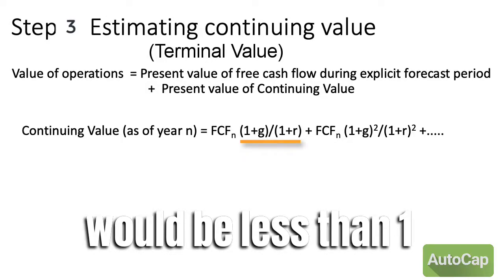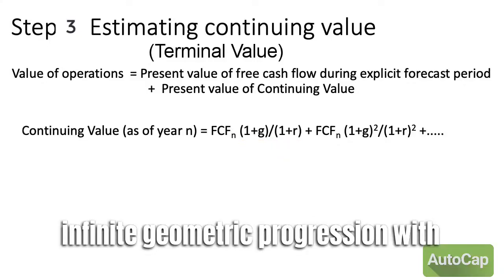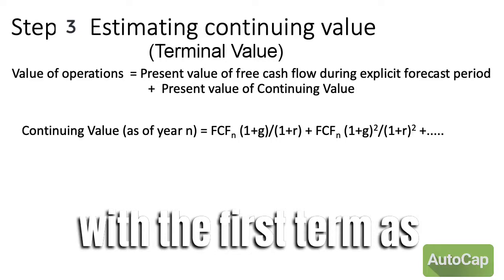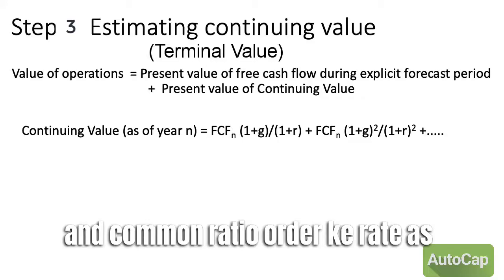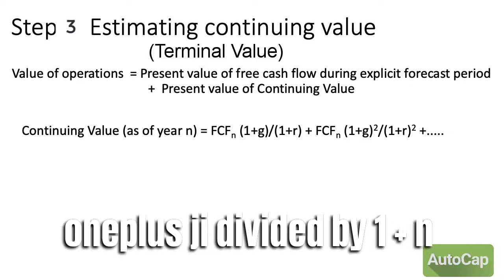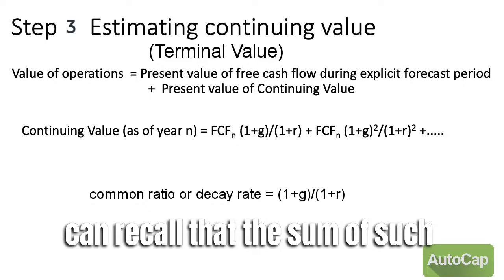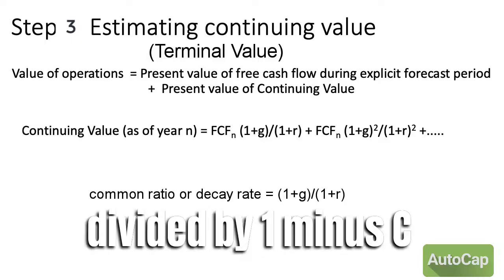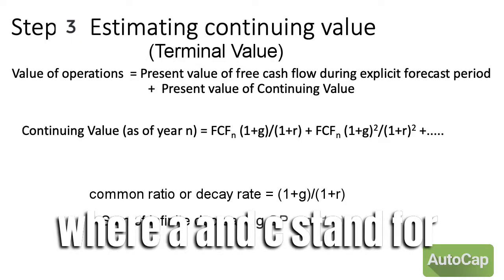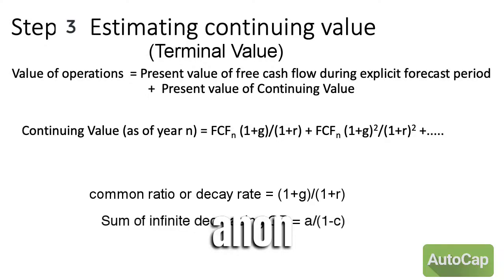(1 plus r) would be less than 1, and this becomes a decreasing infinite geometric progression with the first term as FCFn multiplied by (1 plus g) divided by (1 plus r), and common ratio or decay rate as (1 plus g) divided by (1 plus r). And from high school math, we can recall that the sum of such an infinite GP or geometric progression is A divided by 1 minus C, where A and C stand for first term and common ratio respectively,